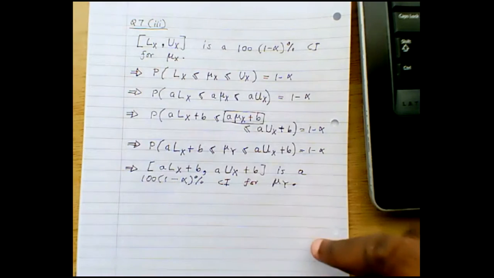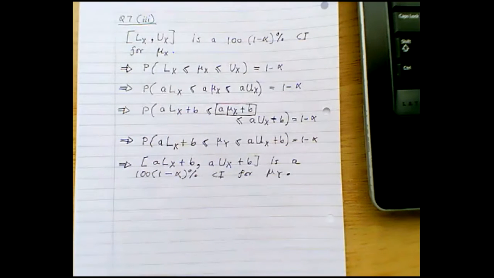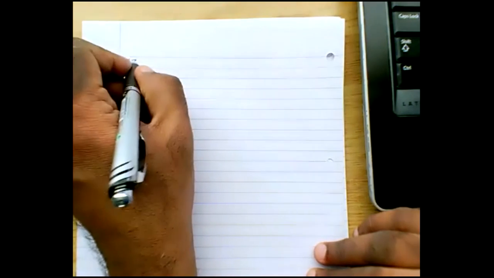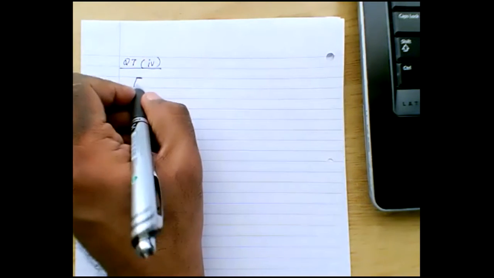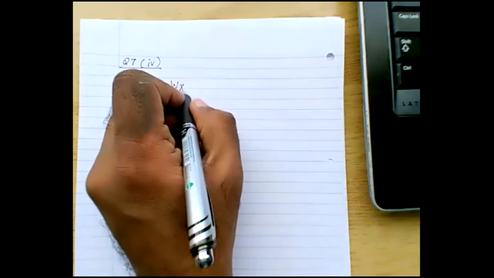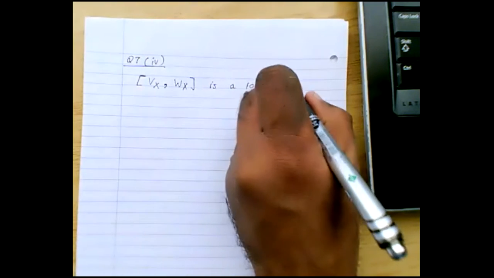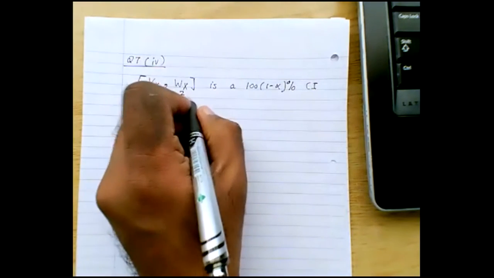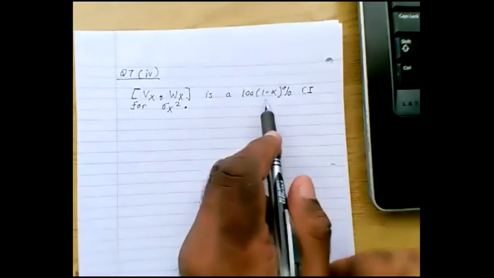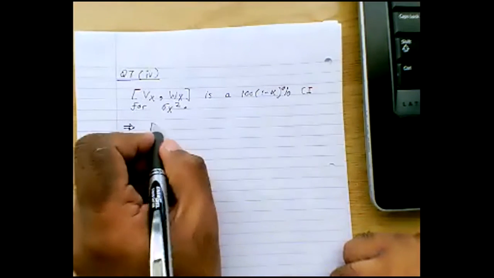All right, so this is part 3 of question 7. Now, the next part is question 7, part 4. And what you're told here is the following. You're told that this interval is a 100 times (1 minus alpha) percent confidence interval for this, which implies that the probability that